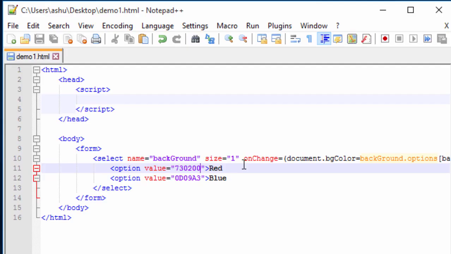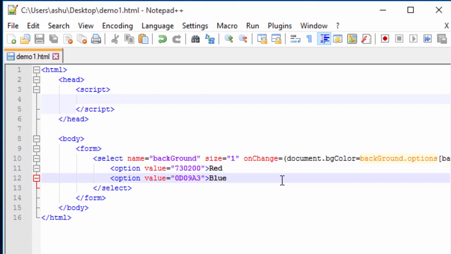So that's basically how you create a color changer or the background color changer in your website by using JavaScript. So you could keep on adding as many colors as you want, and if you find it difficult to remember these values, then you could directly Google the CSS color values for this, and Google is going to return these values for you. So that's it for this tutorial, and I hope you guys understood this tutorial.